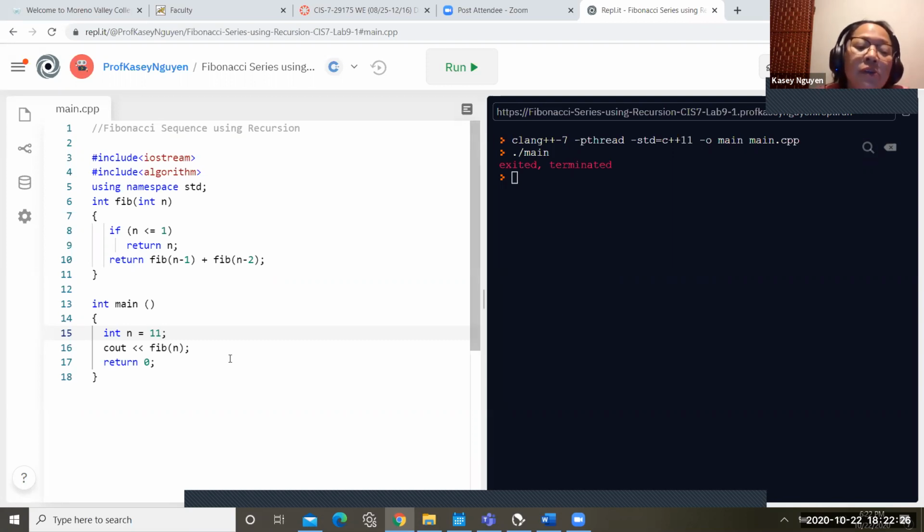So I showed you that if you test it with a very large value, it would either pause for a long time, or if it produced something, it might give you an address. We saw some of this earlier in the semester when we looked at one of the recursive programs. But if you change it to 18, it can still produce that. If I change this to, let's say, 38, it would still be able to do that. It will take a little bit longer, as you see. So we started to see that it starts to lag.